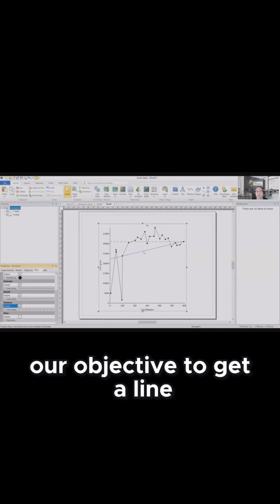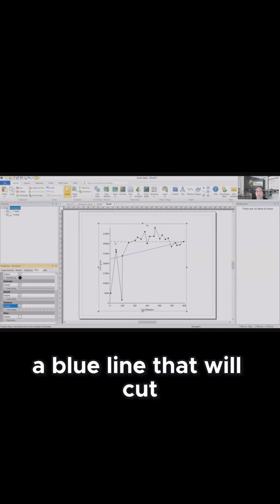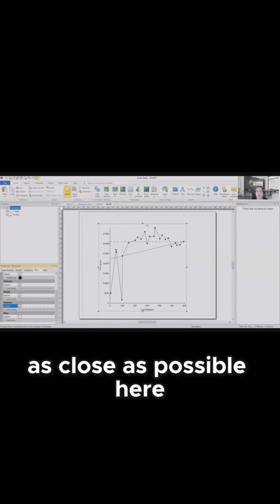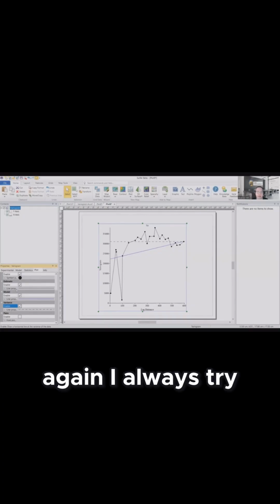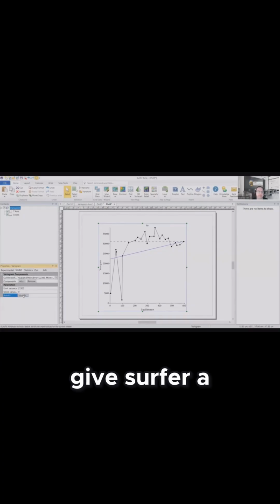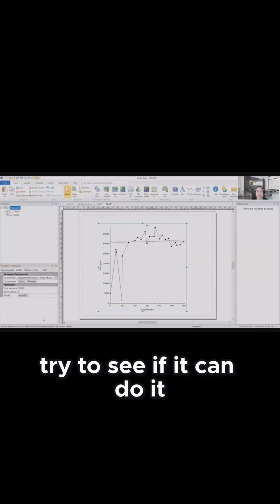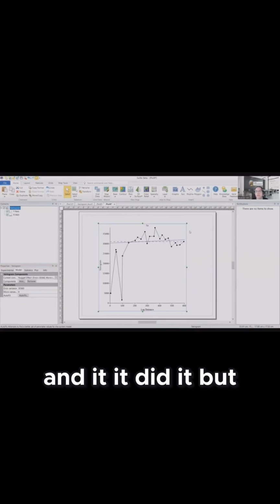So our objective is to get a blue line that will cut the dotted line as close as possible here. Again, I always give Surfer a try to see if it can do it. And it did it, but it's not taking into consideration any of these points down here. So this could work, but I will try